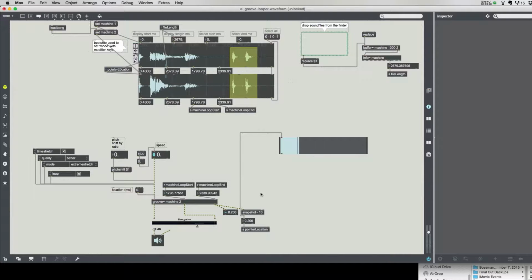But what I need to know are a few different things. I need to know where the loop starts in relation to the sound file, and I need to know how long the loop is in relation to the sound file as a whole. So let's start with the start first in relation and call that the offset. So I'm going to come out of my snapshot